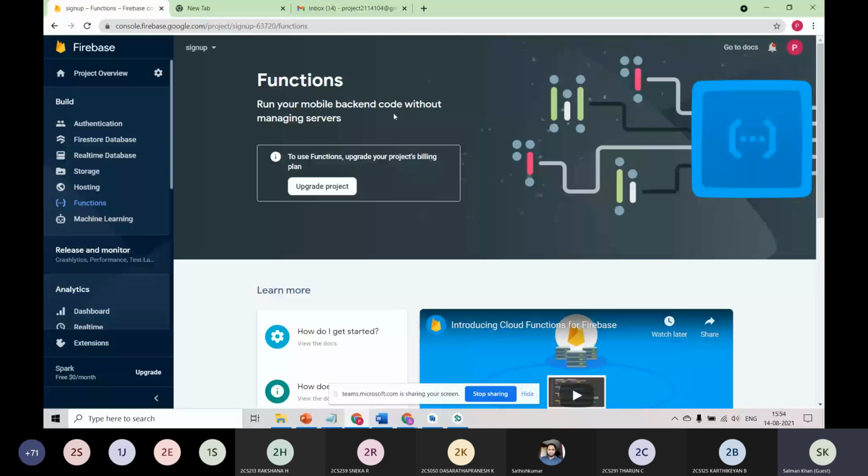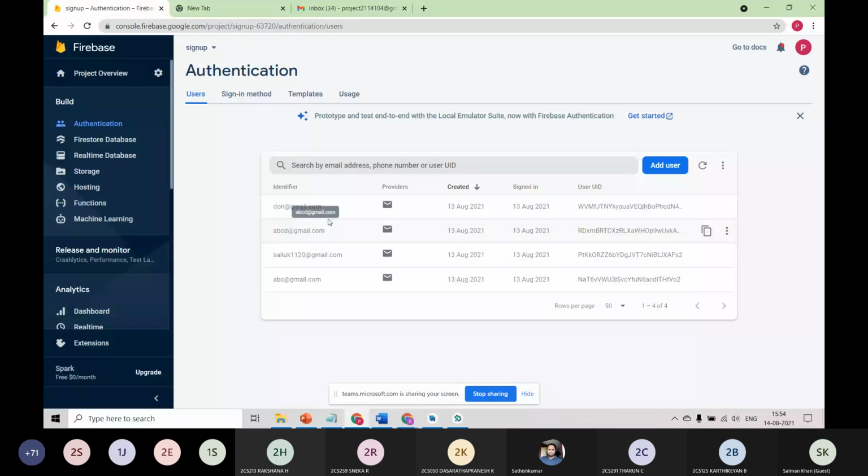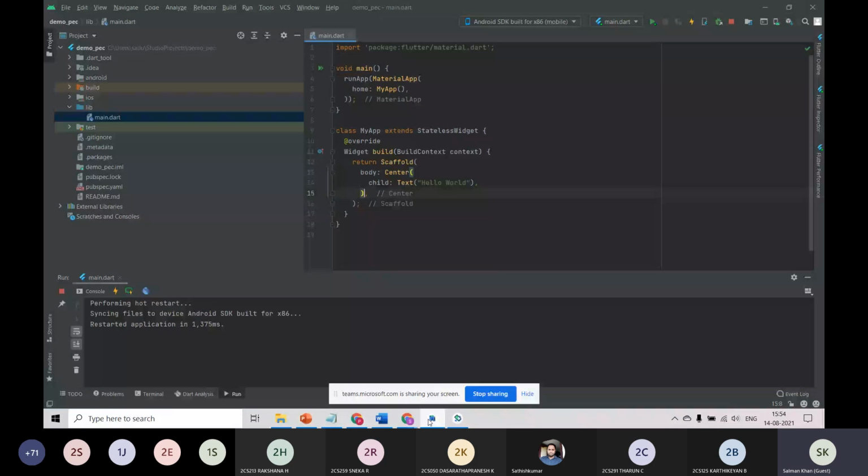If you research Firebase, you can find a lot of things here. I'm not going deep into this, because for the demo purpose, we will only use the authentication part. For now, we will just create a login and sign up page, and we will log one user into the application. That would be quite sufficient for you. Okay, let's get started now.